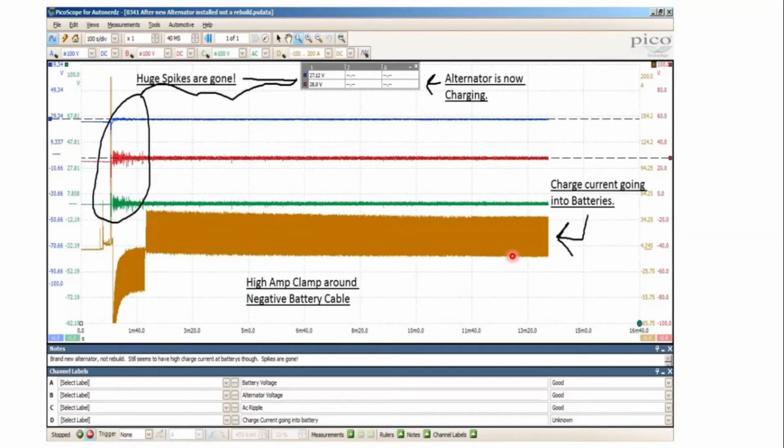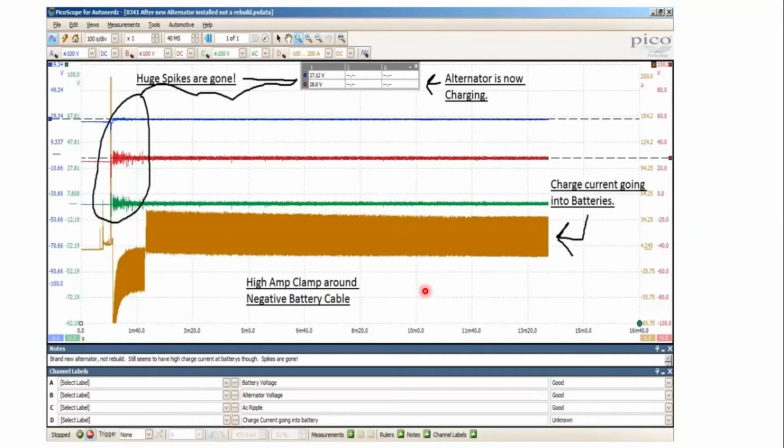So here's the brand new alternator, and if you notice here, all the huge spikes are gone. It's nice and clean. The alternator's charging. I'm at 27.12. The alternator's putting out 28. The batteries are at 27.12. Charge current going into the batteries. I'm checking that because I want to make sure that those batteries are not bad and going to fry my